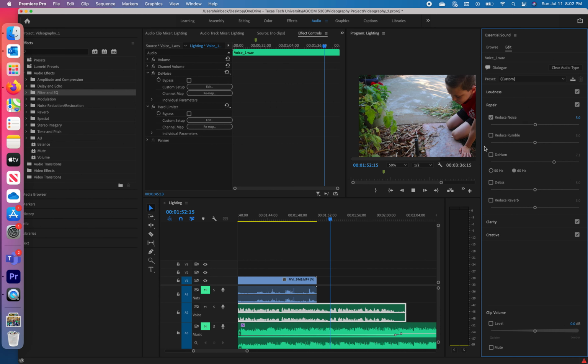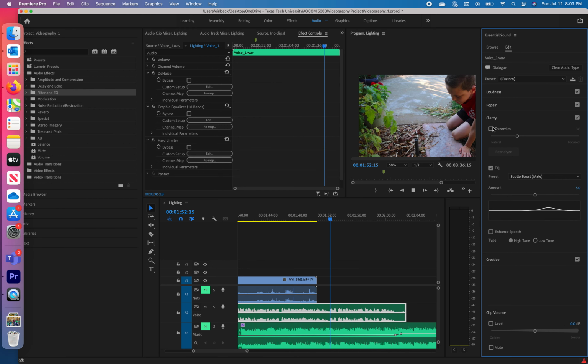So Rumble de-hum, like if I've recorded audio in a room where there's an air conditioner, I'll use this de-hum just to kind of clamp down on that air conditioner noise. So that's one that's handy there. Clarity, there's dynamics that you can adjust up or down and see if you can get that to sound just a little bit nicer. And then there's also some of these EQ